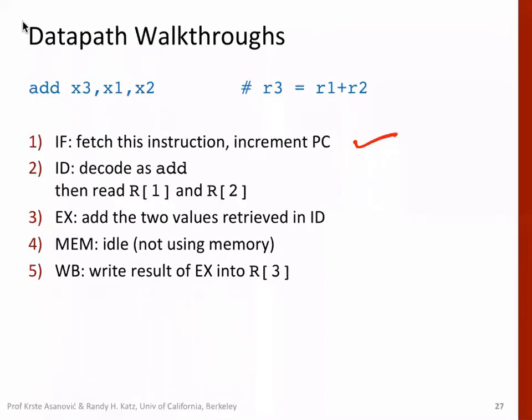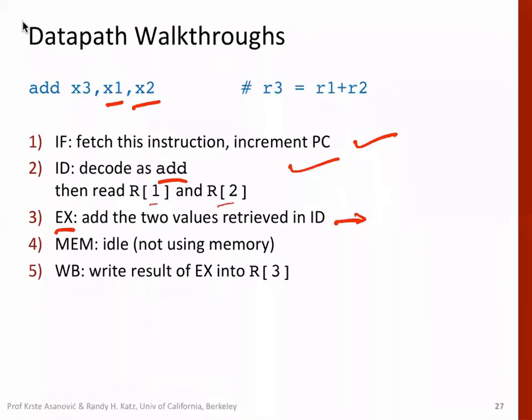Then decode it as an add, which means we decode it and make out that it is an add instruction. At the same time, we have to read register 1 and register 2, that's registers X1 and X2 in this case. The third stage is to execute this operation,